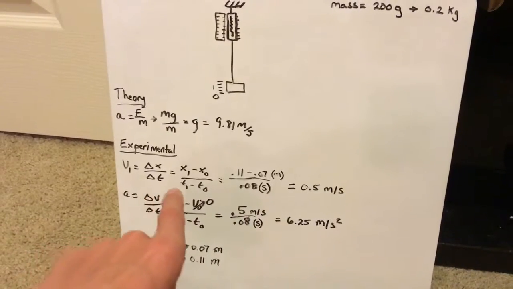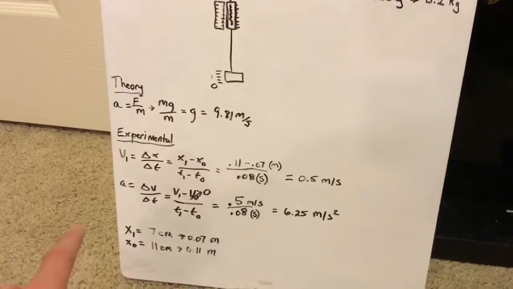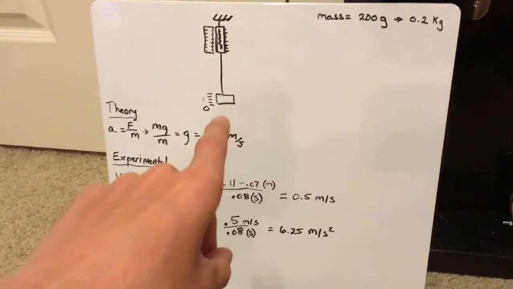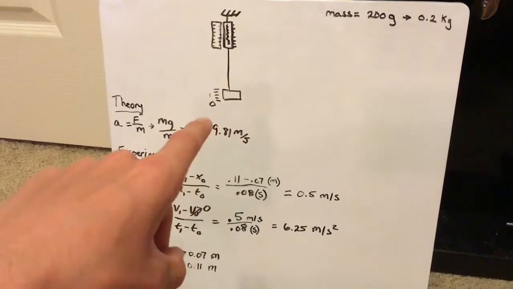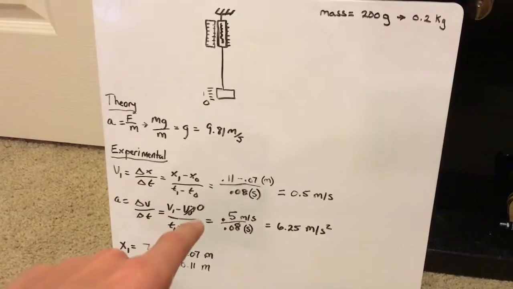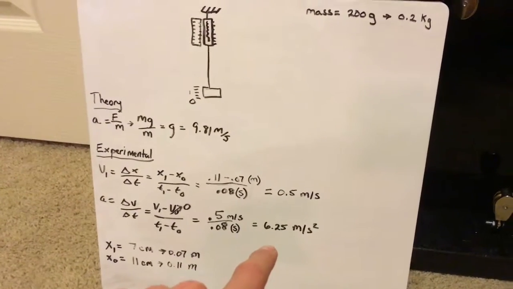So you get the velocity at what it's dropping at is 0.5 meters per second. So then you're able to do the acceleration, and at the point 0 we said the velocity is 0, so then you're able to do 0.5 divided by 0.08, gives you that the acceleration of the mass is 6.25